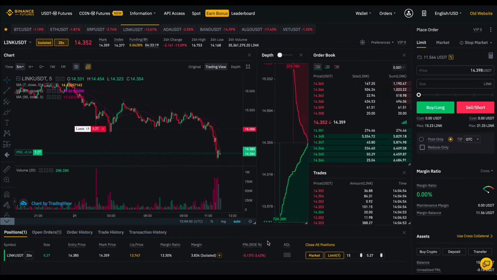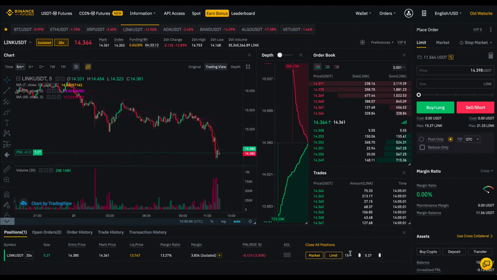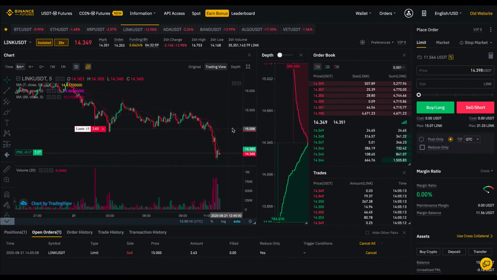I can also close, for simplicity's sake, I can say at 15, only close 50% of it. And I hit limit, it will do that for me. There we go. So at 15 there, it will close half of the position. You can use that to your advantage, and maybe in between decide to do another order of 50%. What I can then do is go to a stop market order,